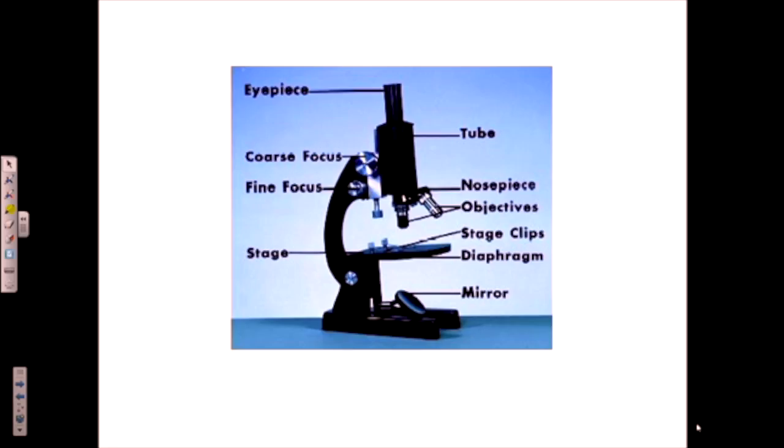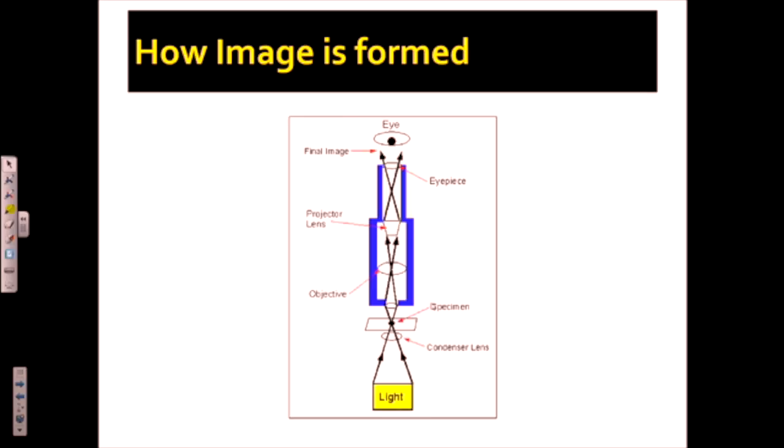So this is the conventional microscope that we all have in different forms in our lab. So this is the eyepiece, this is the tube, this is the coarse focus, this is the fine focus, this is the nose piece and objectives. I know we have seen it so many times, but I'm sure a lot of us don't know the technical names and the details of that. Even I didn't know a lot of names. And this is the diaphragm and mirror.